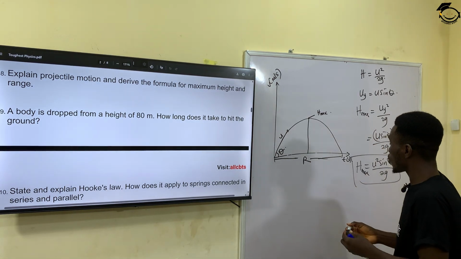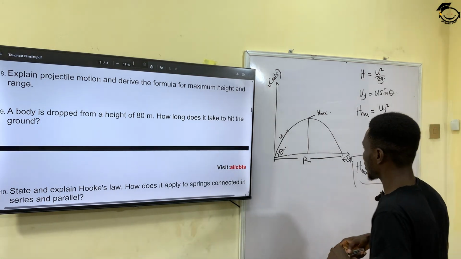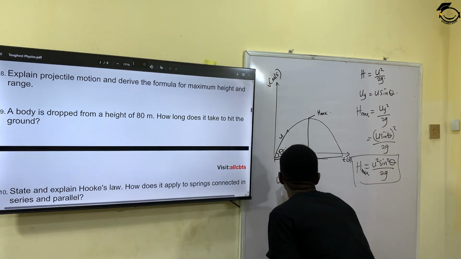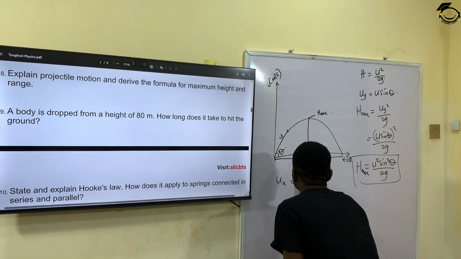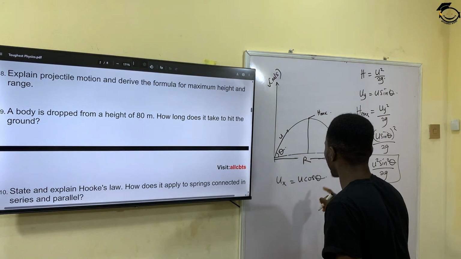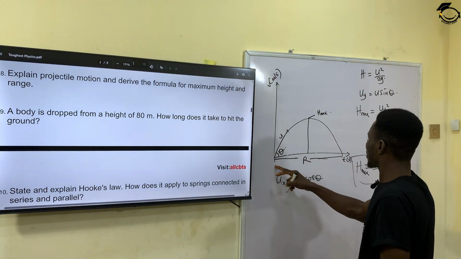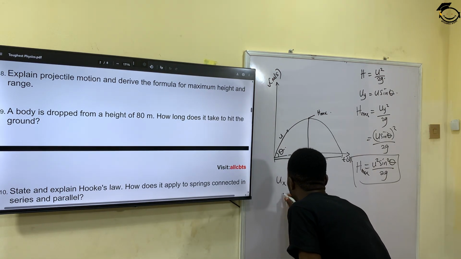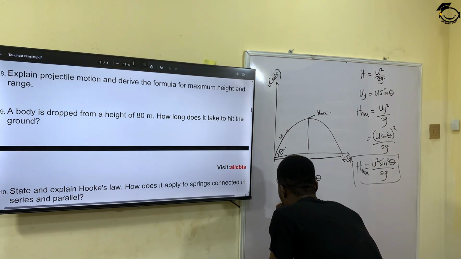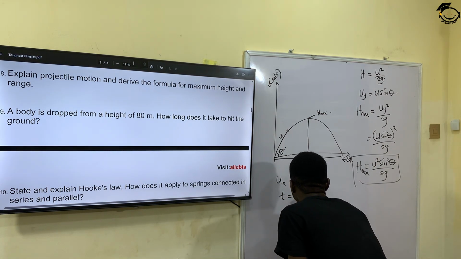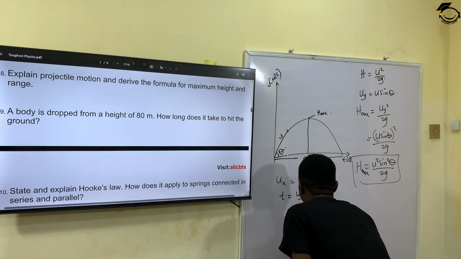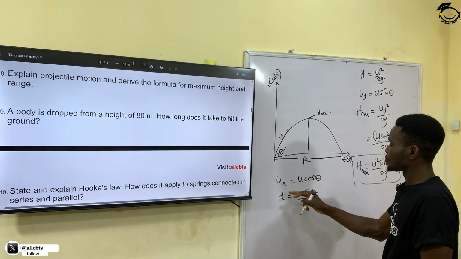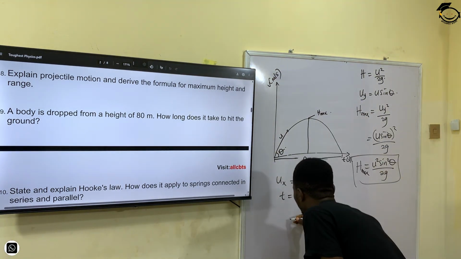So I'll go further to derive the formula for range. Because range is moving in the horizontal direction, it means therefore that my ux is u cos theta. And we know that time taken here is supposed to give me u sine theta over g. So if my time taken is u sine theta over g, and my range here is supposed to give me